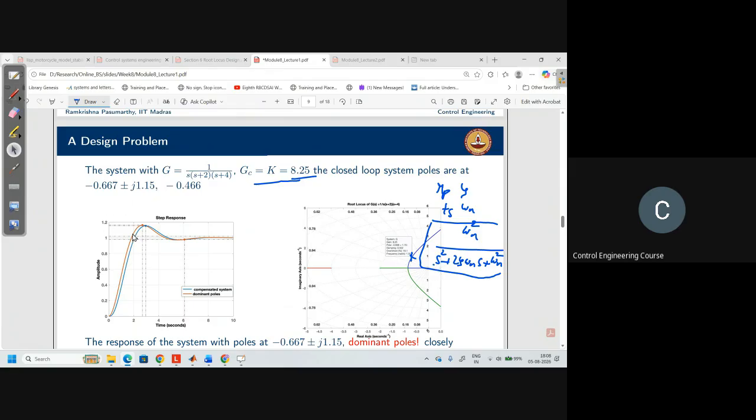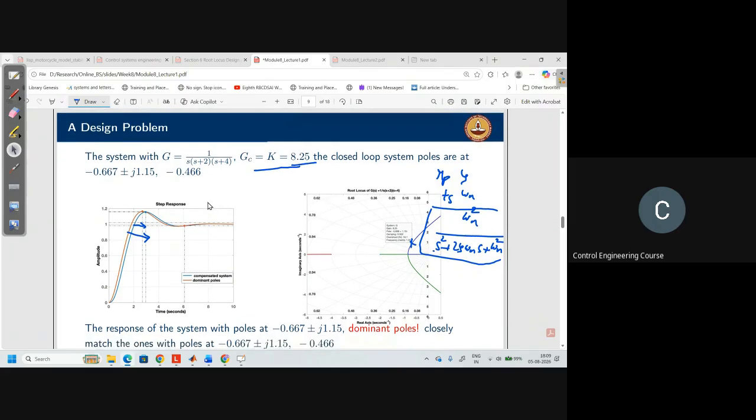Then the system response looks like that. This is what we wanted. With the proportional controller, we are getting this one. Why? Because this is somewhat deviating, as we are having a third order system here, right? The overall system transfer function is a third order system. But what we did is we kept the pair of dominant poles close to the desired pole location, and we kept the other pole away from that one. So that is the reason we are not getting an exact match.